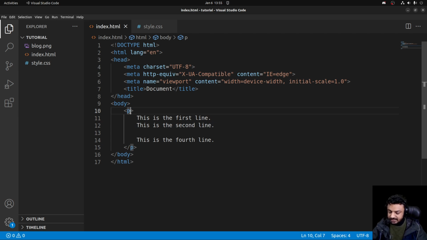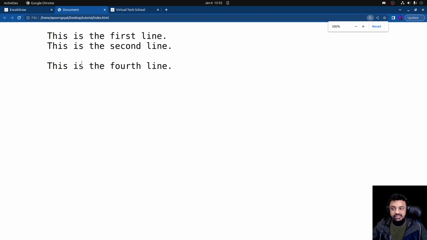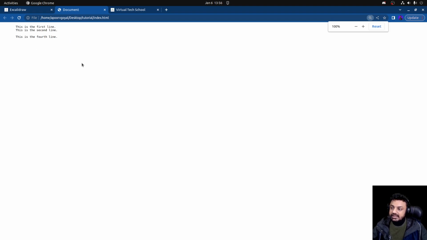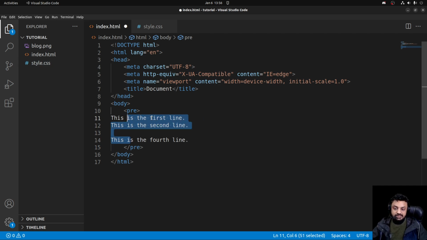display it as it is, instead of a paragraph text, I can use a pre tag, which is a pre-formatted text, right? I can use this pre tag, and if I refresh this now, I can see that this time it is coming up in three different lines. So this is the first line, this is the second line, and this is the fourth line. Again, pre-formatted text might have some sort of CSS that is available. The space that is coming before it is simply because our text editor gives some indentation to prettify